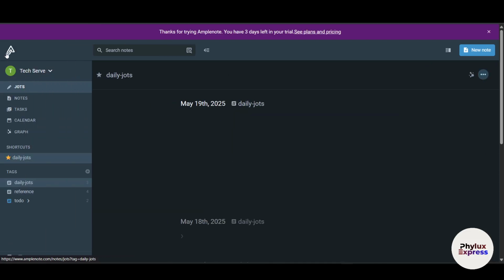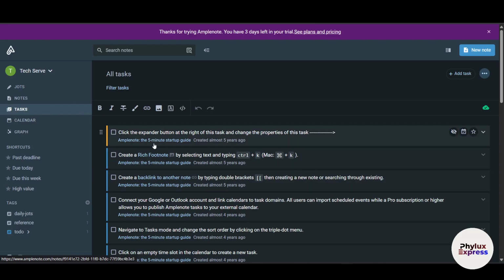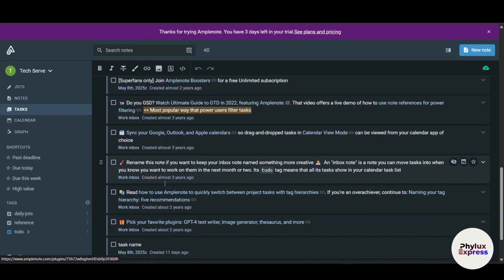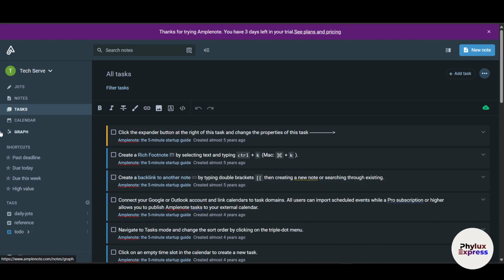Let's move on to the next one. Third, we can add tasks. Like I said, we have some tasks over here just to show you as an example. Now, if you want to add a task,